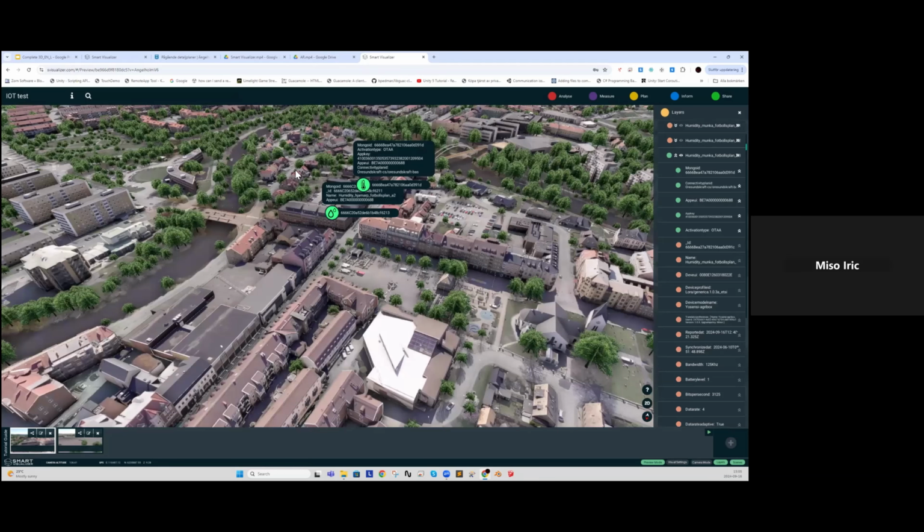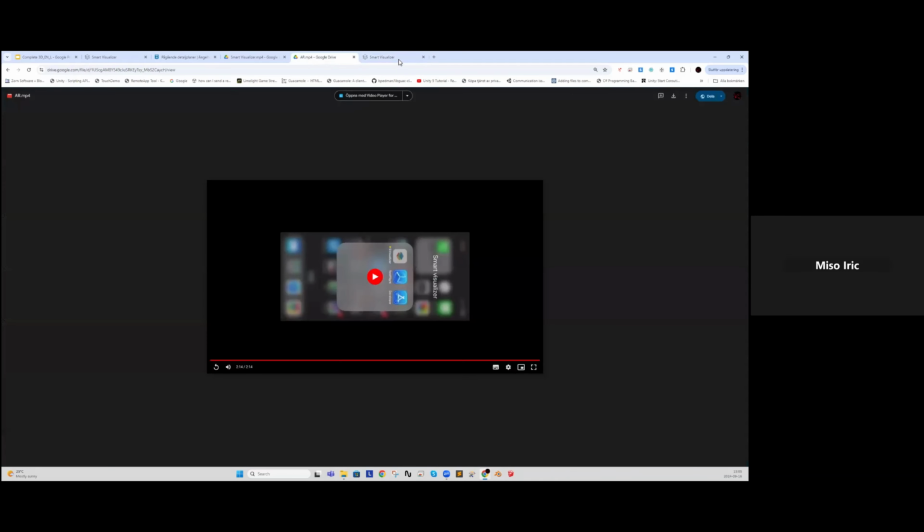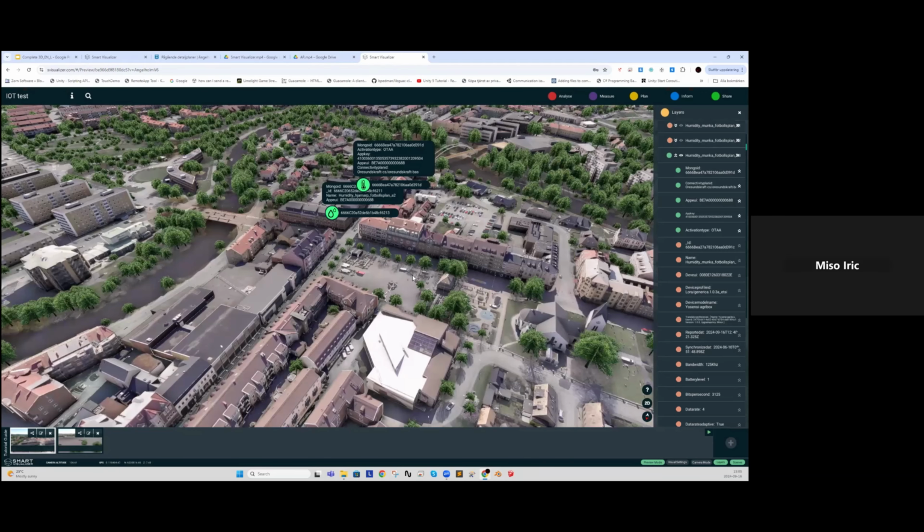By using augmented reality, the person in the field can lift up the phone and see through reality where the incident is. So there is quite a possibility to do this, just by connecting and using this type of data and platform.